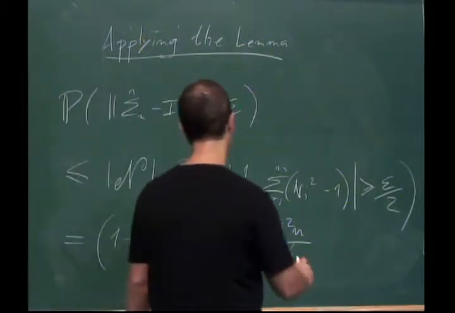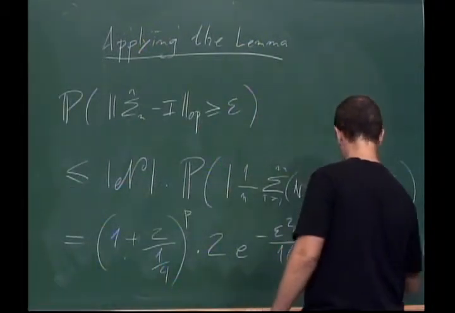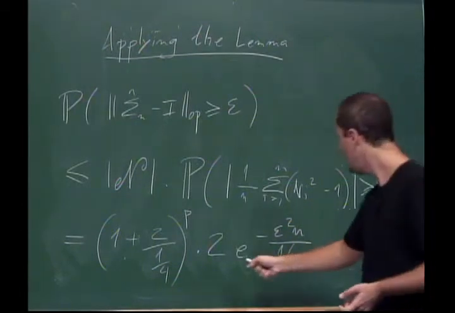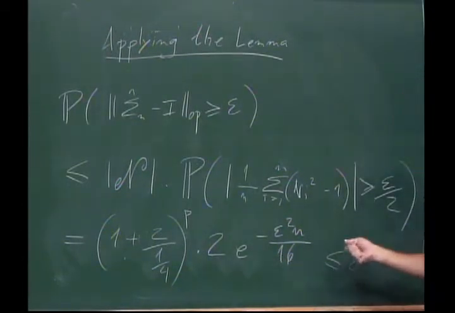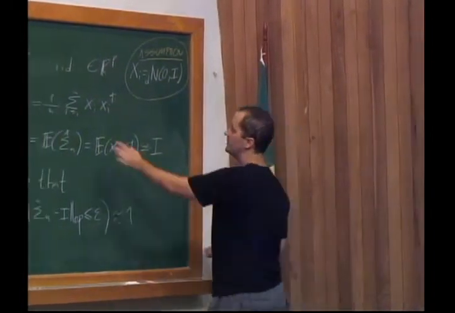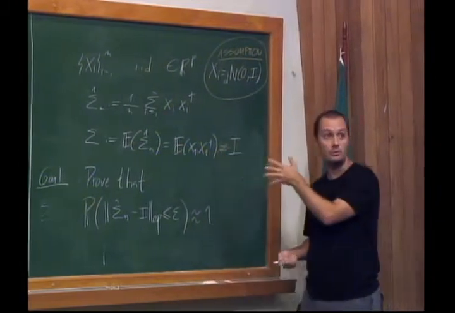Now let's say again that you want to make this probability less than delta, like what we did before. So the calculation you have to find is, given, let's say I fixed epsilon, I fixed p, and I fixed delta, and I want to know how large n needs to be in order to get the good bound. In other words, if you're really talking about studying covariance matrices, you're saying, how large do I need my sample size n to be in order for my empirical covariance matrix to be close to the true covariance matrix